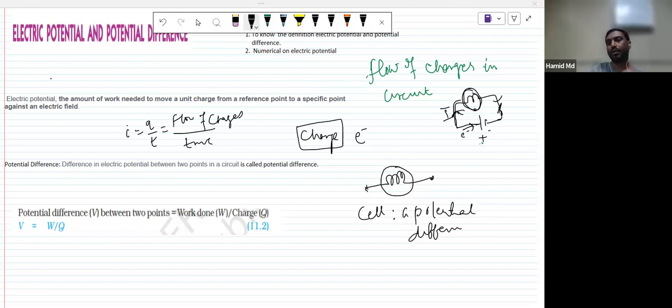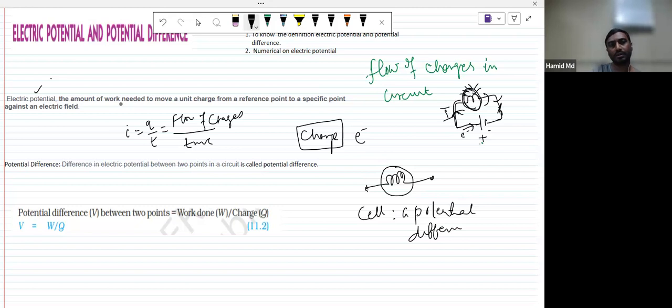So, okay. As the current will be flowing in this direction, this bulb glows. Have you ever made a torch using a battery? Yes, sir. Okay, so you must have some hands-on experience. So what happens? This cell does some work in driving the charges. In this way, we can define the electric potential.